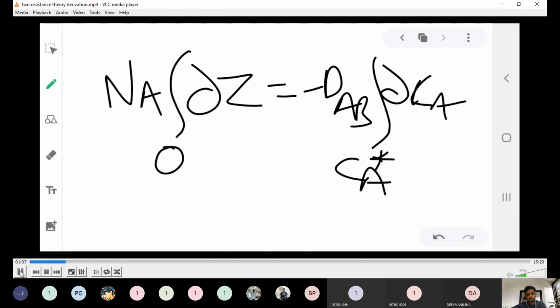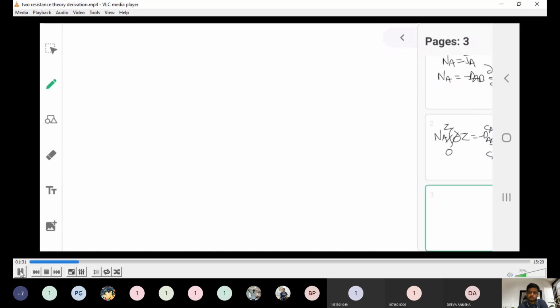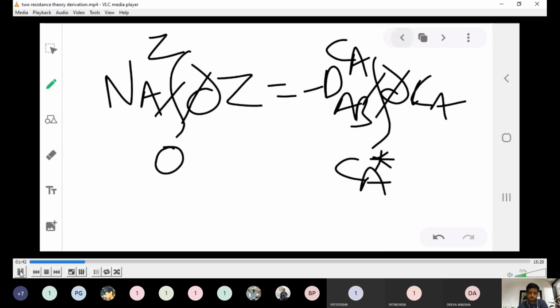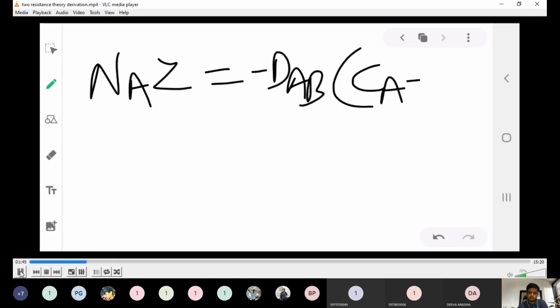On the left side of the two film graph, when Z is equal to some Z, capital Z, the concentration is varying as Ca. You can see this from the right side of the graph. Now we have to integrate this equation. Integration and derivative cancel out. Then upper limit minus lower limit, we substitute in NaZ, and here the minus DAB is there. The upper limit is Ca and the lower limit is